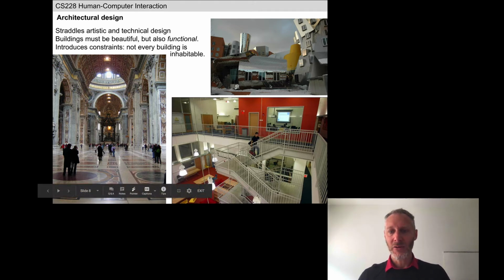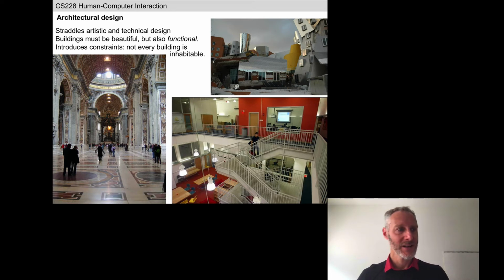The two images on the right are showing the inside and outside of a particular building, and another building on the left here. What are these two buildings? Obviously, two very different kinds of buildings. St. Peter's Basilica in Rome. Yeah, what is the second one? David Matthews says CSAIL, the Computer Science and AI Lab at MIT. Yes, so the